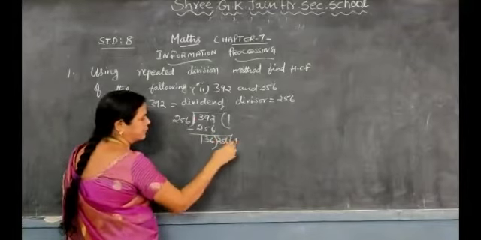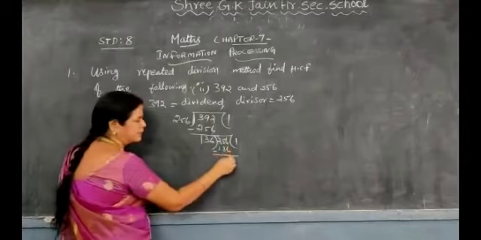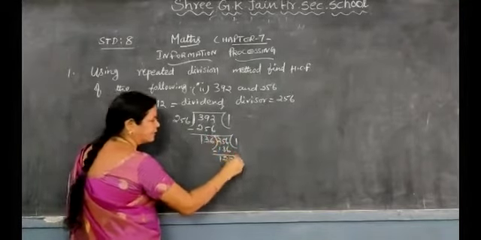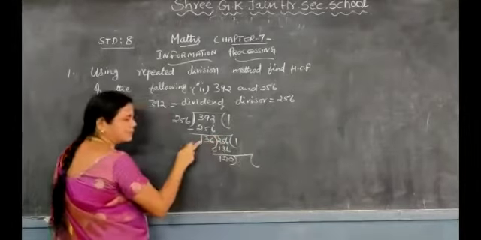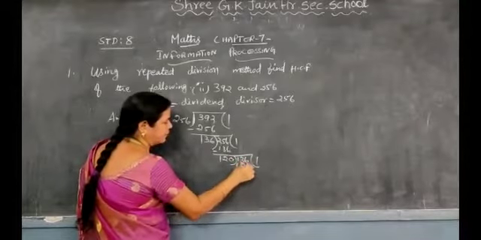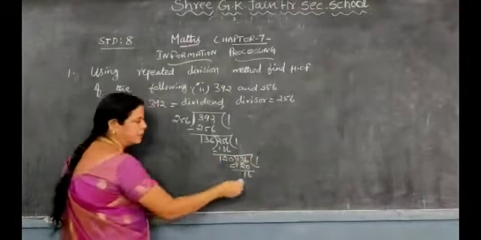So 256, 1 time. So 136. If you are minusing this also, 6 minus 6, 0. 5 minus 3, 2. 2 minus 1, 1. Again this answer will become the divisor and the divisor will become the dividend. So again how many times? 120. So 126. So minusing, you will get 16.